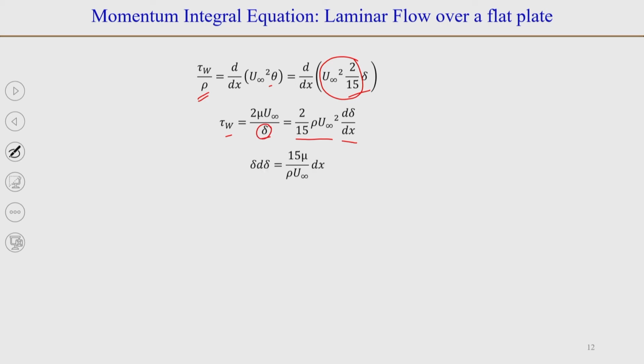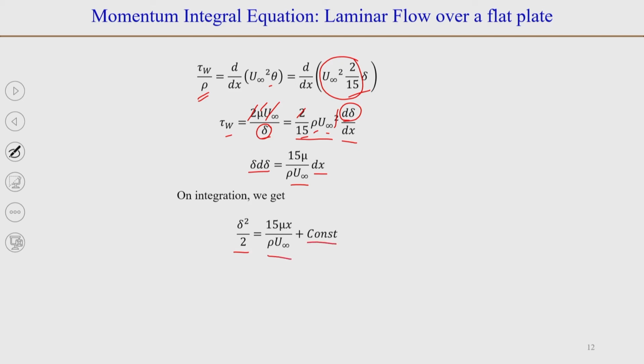So, we can separate the variables on each side and try to integrate it. We can combine this term delta into d delta on one side, and this 2 and 2 will cancel out, and u infinity will also cancel out. So, 15 into mu, and divided by rho u infinity into dx. So, that is our equation. We can integrate it. So, that will be delta squared by 2 equals 15 mu by rho u infinity into x